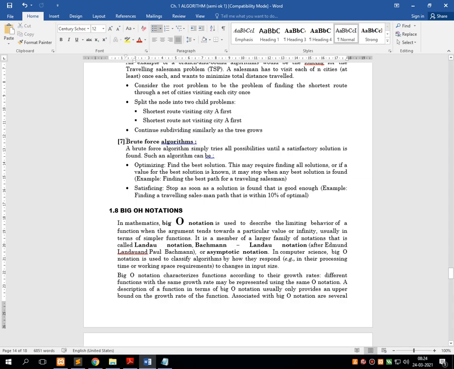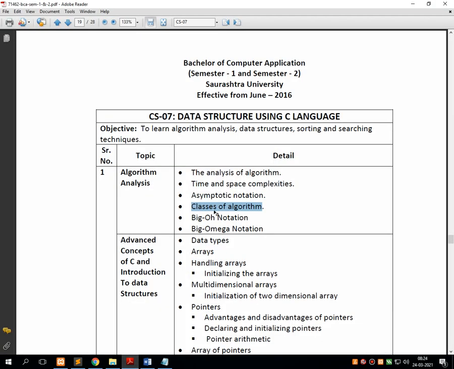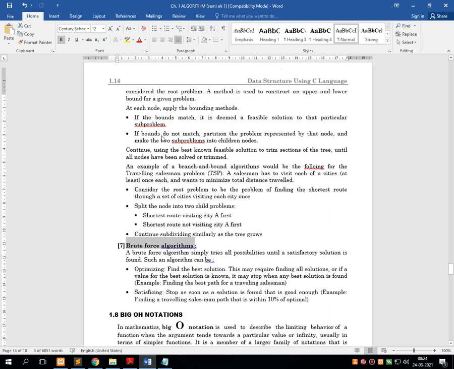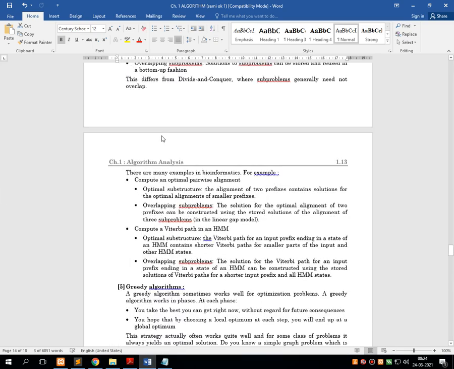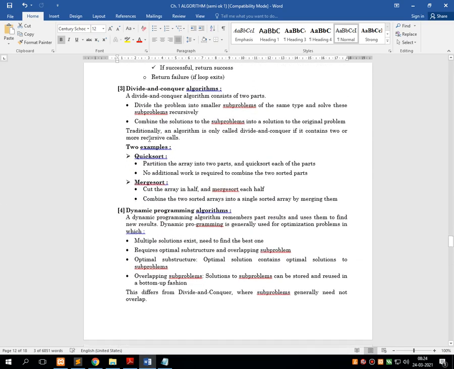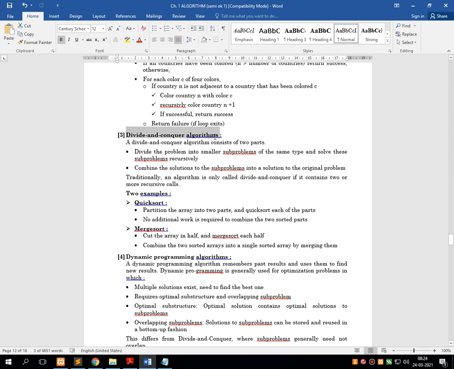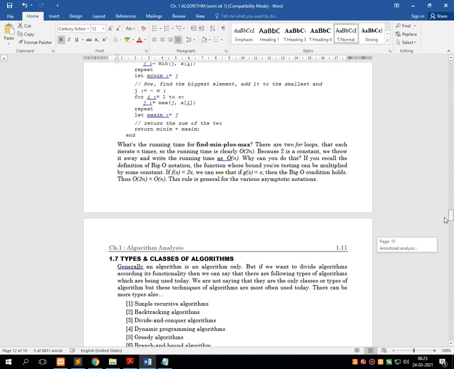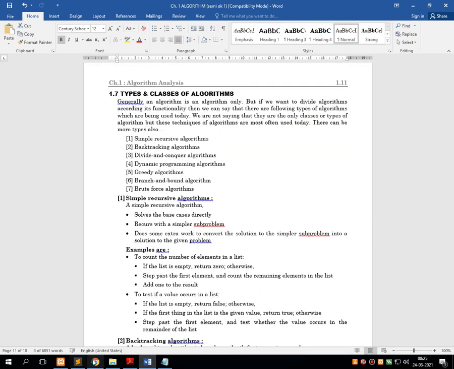Even in the data structure syllabus which is given by Saurashtra University, we will mainly focus on the techniques called divide and conquer algorithm and dynamic programming algorithm. So before going ahead, let's revise the topic. The topic that we are discussing is various types of algorithms.